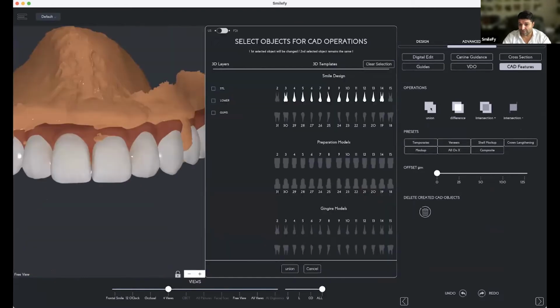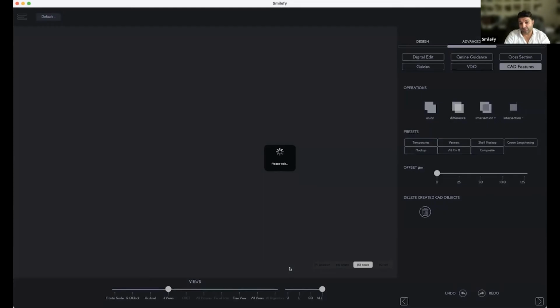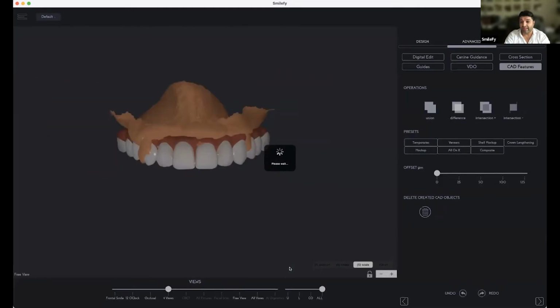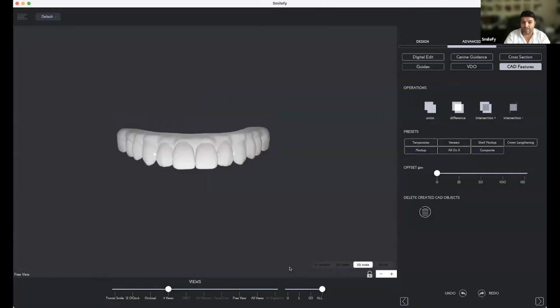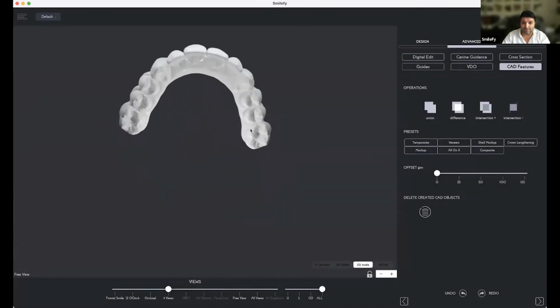So we're going to union, for example, the gums, so the gingiva prosthesis, with all the teeth, like this. And then out of our design, which is tooth by tooth and the gingiva, we're going to get one file that we can export, calibrated in the same position to the intraoral scan, and then we can continue with the idea, with the treatment, with the analysis, with the diagnostics. You see, now we have one file.